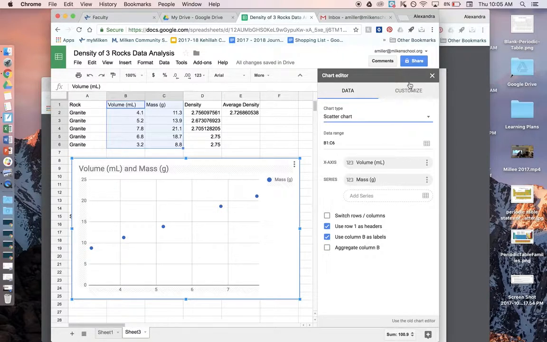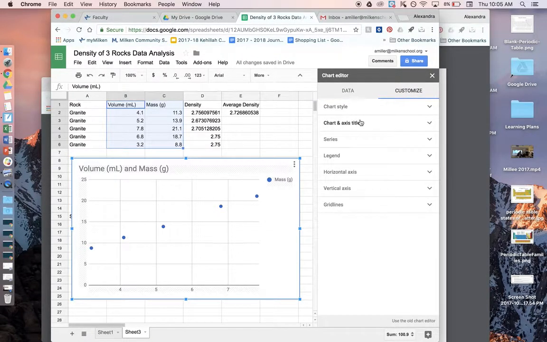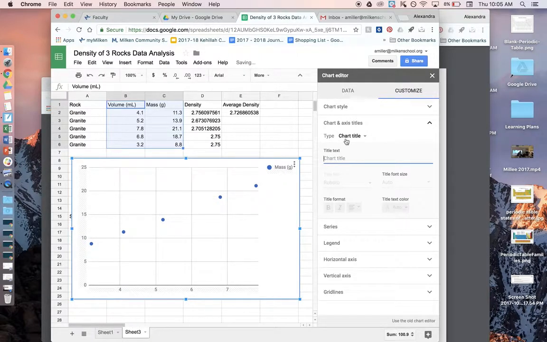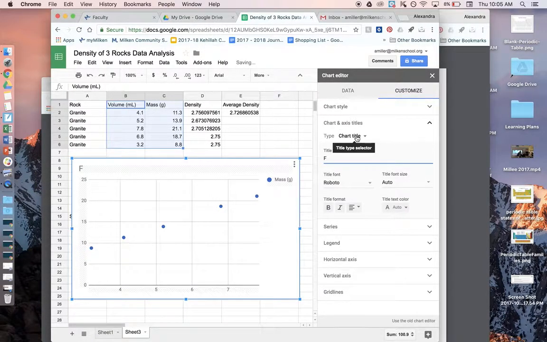Okay, so now to customize this and make it look like an appropriate graph for your science class. This title is not descriptive enough. So you can see I went to customize, and then I went to chart and axis titles, and then I can change whatever title I want from here. So I'm going to call this chart, Figure 1, Mass versus Volume